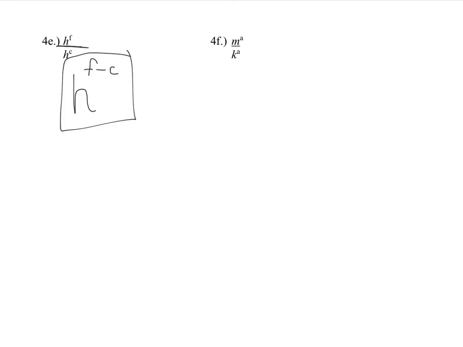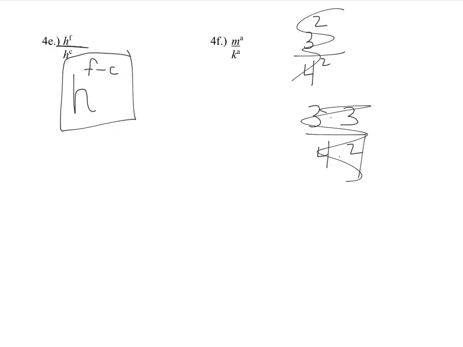Now the next one, a little bit of a trick question. You have the same exponent. Let's think about that for a second. You have the same exponent, that doesn't mean anything. What matters is you need to have the same base, right? So this would be like doing something like 3 to the 2nd over 4 to the 2nd. Can I cancel any of that out? Can I write like 3 times 3 over 4 times 4 and cancel any of that out? No, I absolutely can't do that at all. So there's really nothing I can do with this one that's already